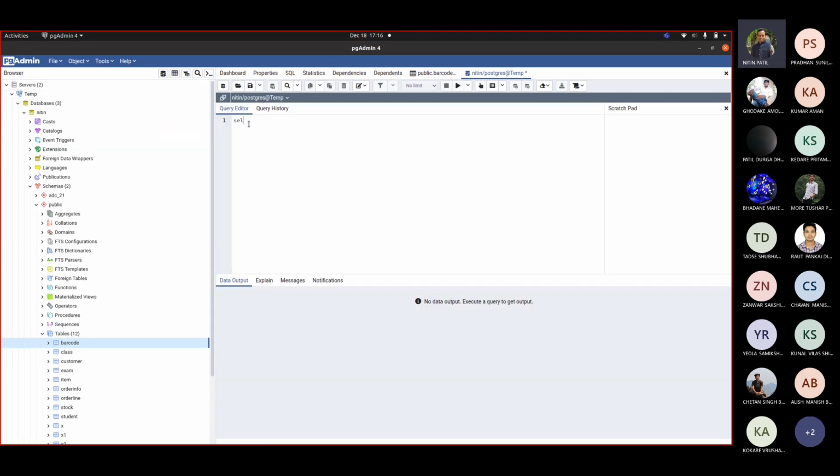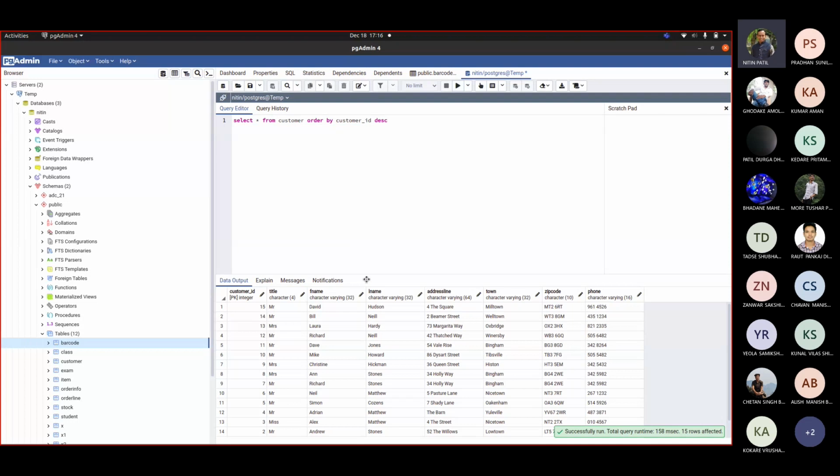Select star from customer order by customer ID descending, semicolon. If that query is correct, it will show you the result, or otherwise it will definitely give an error. Our select query spelling was wrong. So select. Now you execute it, and you would be seeing that data in descending order.